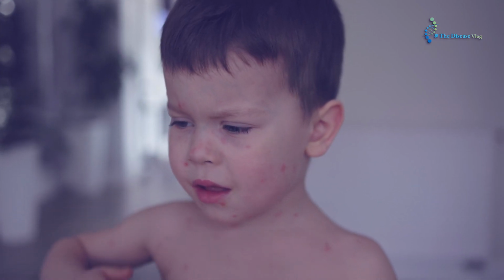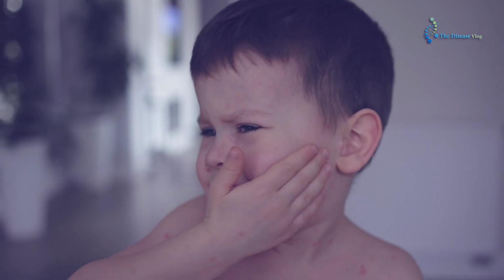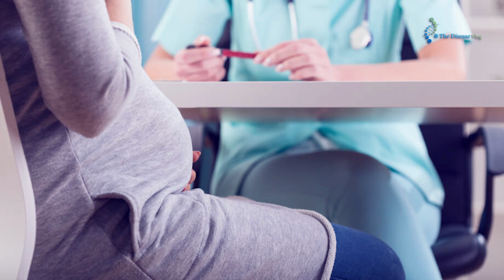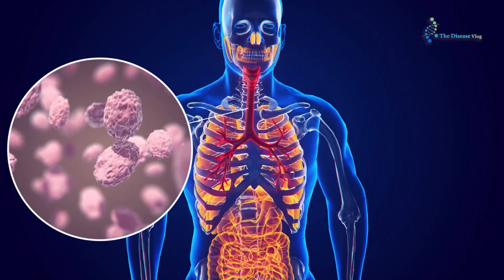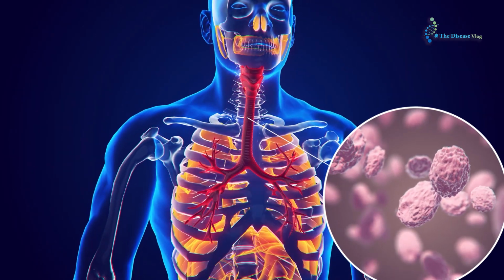Who are people at risk of getting measles complications? Some people can get serious complications with measles. They are infants and children under the age of 5 years, adults over the age of 20 years, pregnant women, and people who have weak immune systems or other diseases like hepatitis, leukemia, or others.